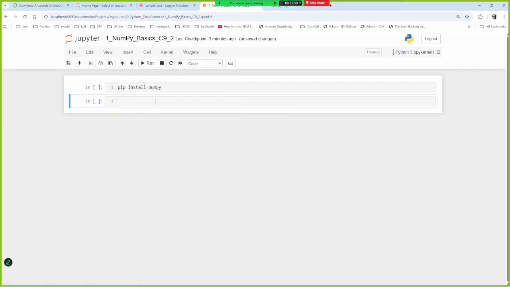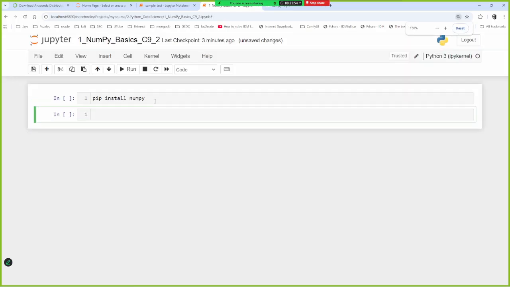If it is not here, go to the cell and clear the output, just to make your notebook very clean. No need to show the outputs directly to the user. So once you are done with the installation of NumPy, let us use it. Import NumPy. So import numpy as np. Instead of typing numpy all the time, you can do import numpy and then